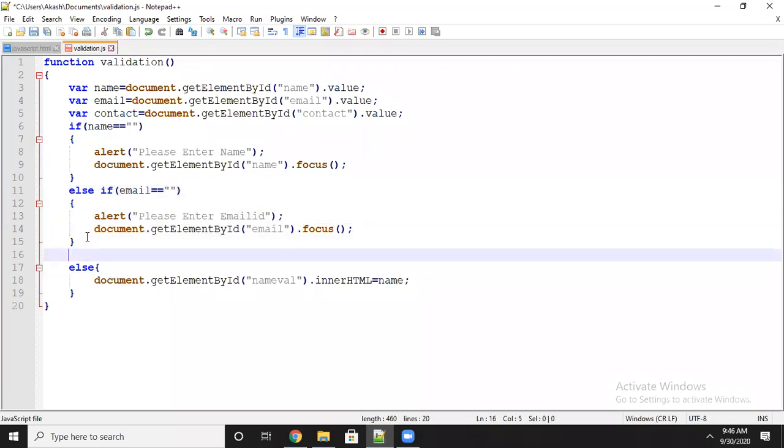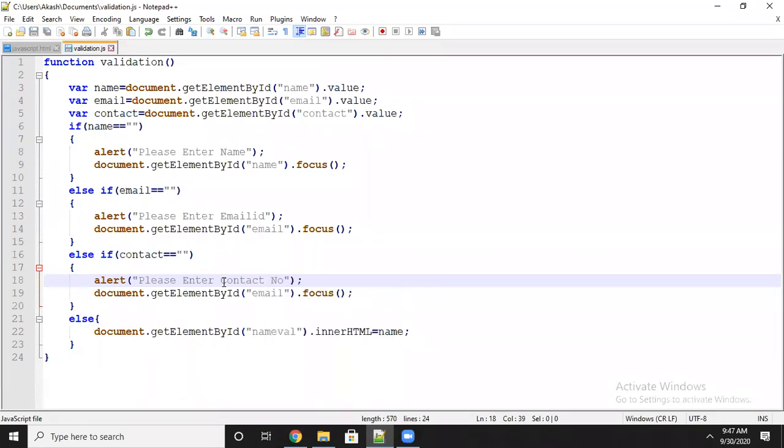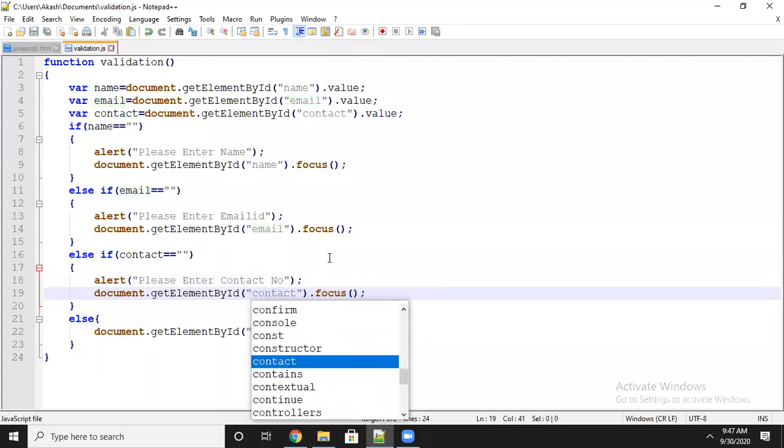I am going to do the same thing again, copy paste, because one more case is there. Here you have to test with contact. Contact field you have to take. Please enter contact number. And here getElementById contact. That means I made three fields mandatory.